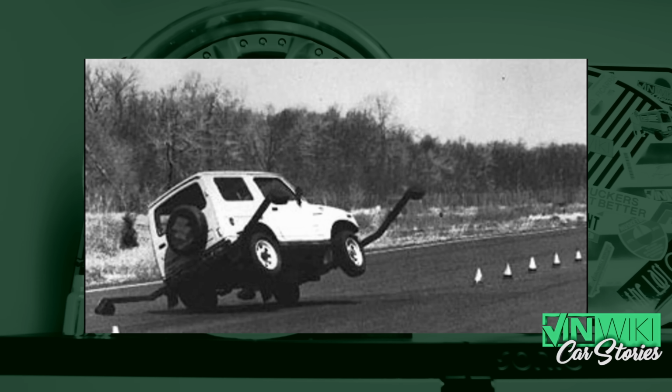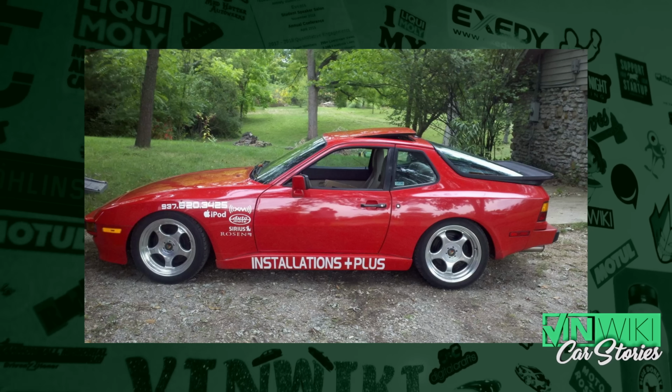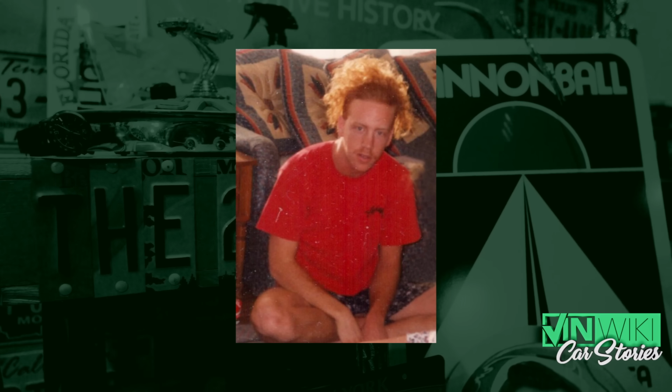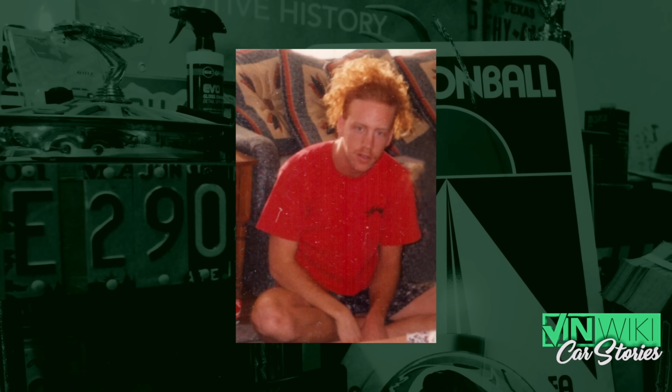So we had the Tracker, and I'm now transplanting everything out of the CRX into the Tracker. By that time, my mentor, Phil Blake, who just passed away, owned Installations Plus. And Phil taught me 12 volts, and he was awesome and taught me ohms and subwoofers and amplifiers and everything. That's why the CRX would make your ears bleed. But now I have more room in the Tracker, and the top comes off. So if I wasn't annoying enough in the CRX, now all of the south side of Indianapolis would be like, oh, here comes the redheaded kid with the Tracker